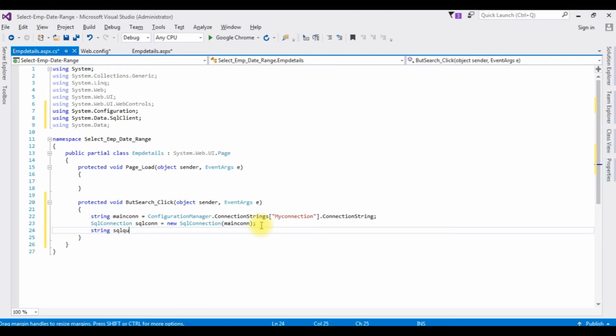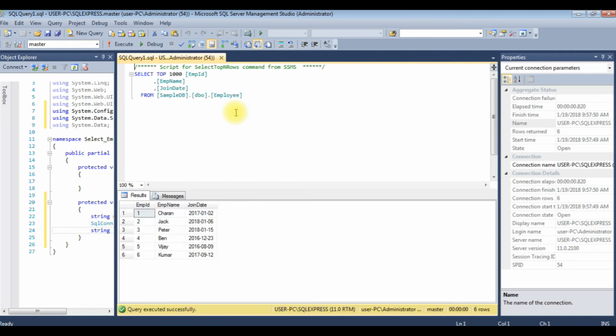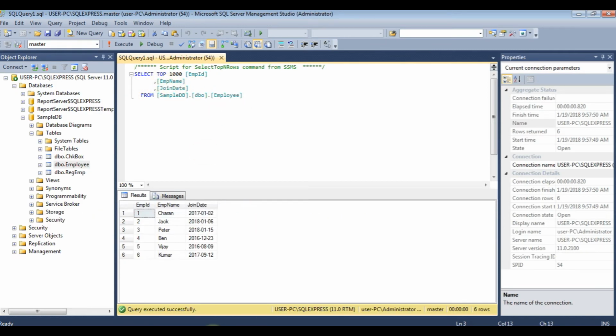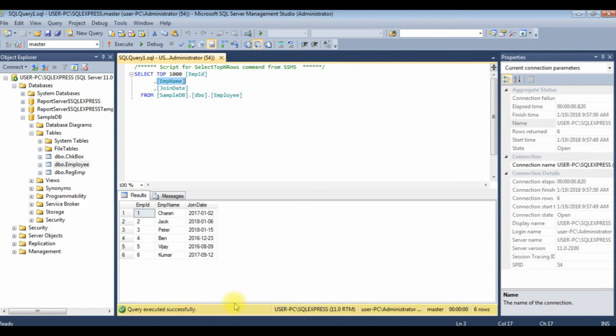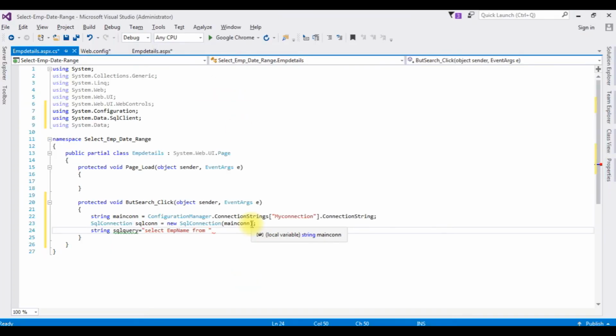String sqlQuery is equal to the select statement. Select, I want to display the employee names. The employee name column is EMP name, EMP name, from the table name is, copy this table name, paste here,